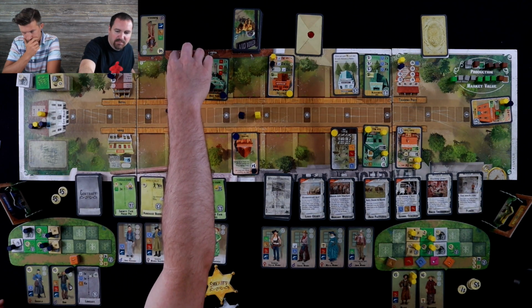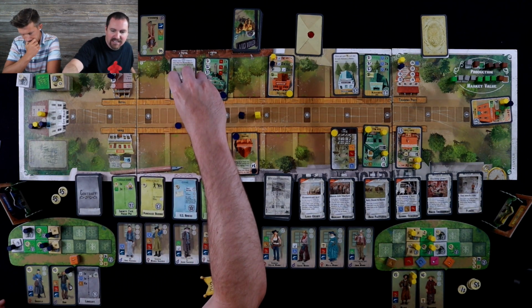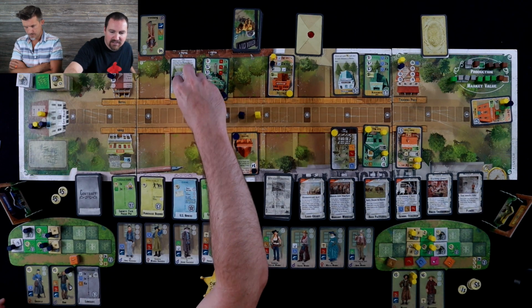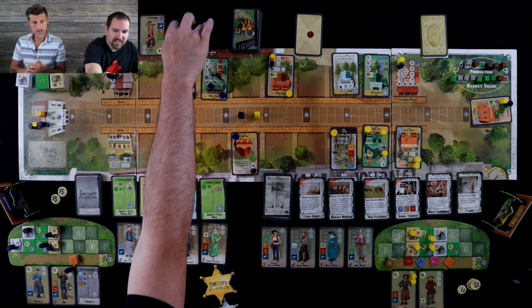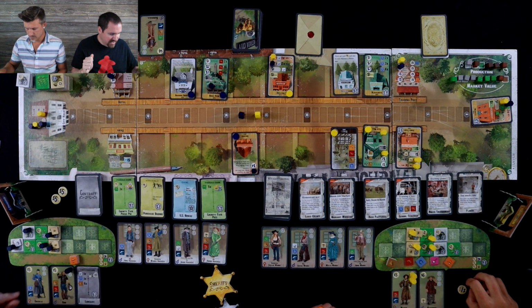And now when I build a boarding house, what that means is at the end, now it won't happen this time because they're gone, but the owner is going to get 3 points if there are more than 1 worker that has not been hired at the end of the year. So in this, if there's 2 or more, I'm going to get 3 points. So he built that, and then I think what I'll do is...